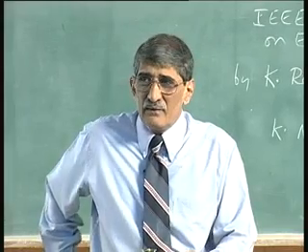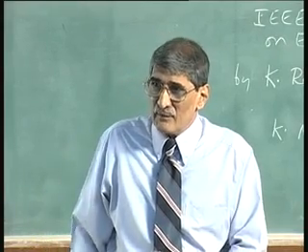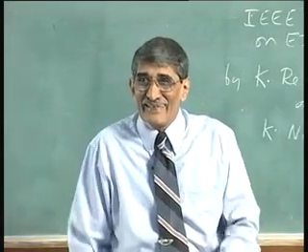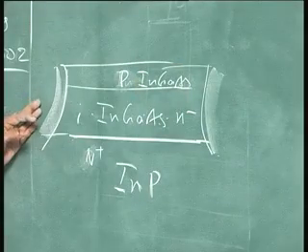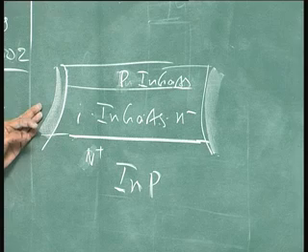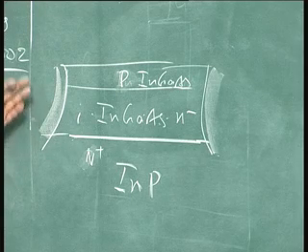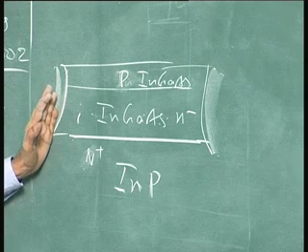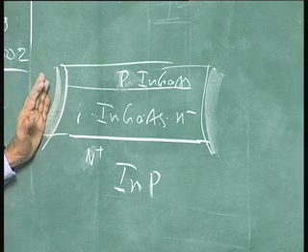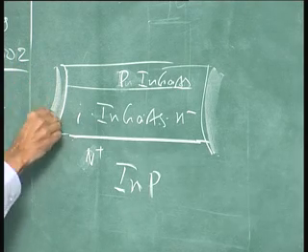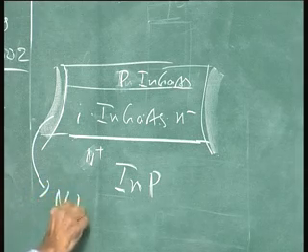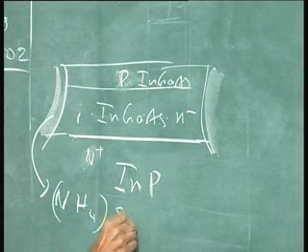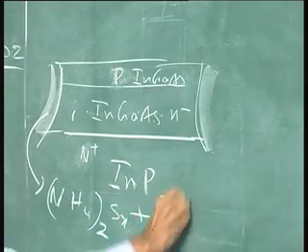In the sense, when you say excellent leakage, what you mean is very low leakage current. If somebody comes and says, I got very good leakage current, it means very small leakage current, good from the device point of view. That is ammonium sulphide passivation followed by polyimide. Okay. Plus polyimide,